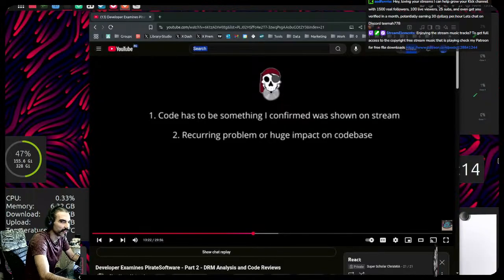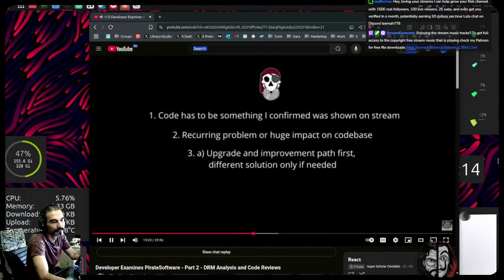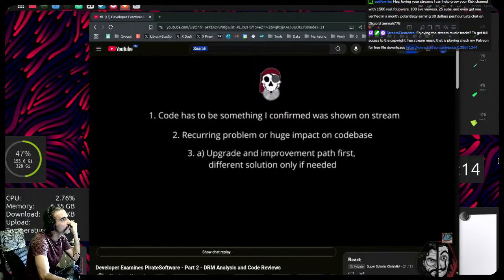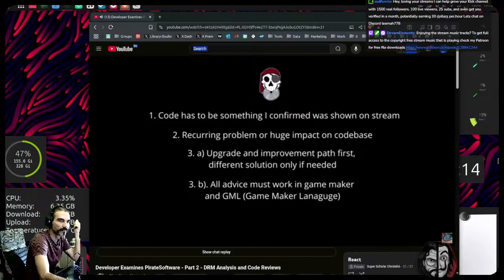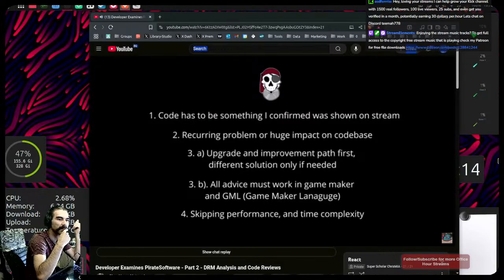But that's why I won't go and clean it up and refactor your code. Unless I absolutely have to, I won't drastically change the code. I'll offer solutions and improvement paths that can be taken to make the current code reach some junior level baseline of quality. Also, I'll limit my advice to things that are possible in the GameMaker language and engine. So design patterns and practices that are possible in other engines or languages, but not easily doable or possible in GameMaker, I'll be skipping. Fourth, I largely won't be talking about performance.